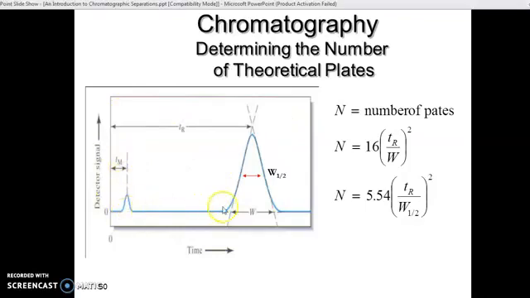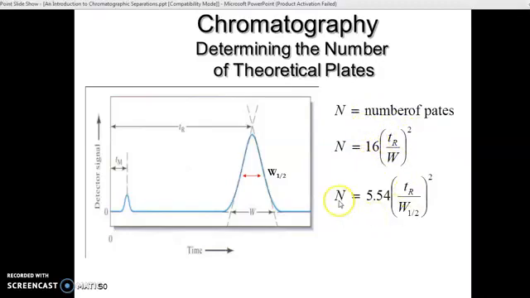This is component A and this is component B. Component A is defined by the Tm. We have already seen that Tm is the retention time in the mobile phase. This is the width of your peak, so we have to consider the width at half peak height. These are the standard formulas, and this is the TR, the retention time in the stationary phase, and the retention time of the mobile phase. On the basis of this, the formula is N equals 16 into TR, the retention time of the solute, and the width